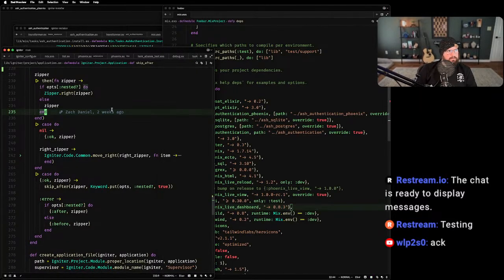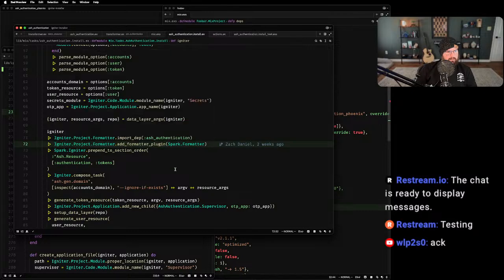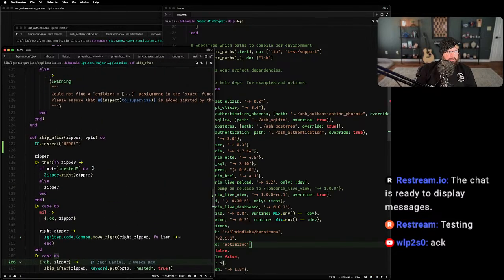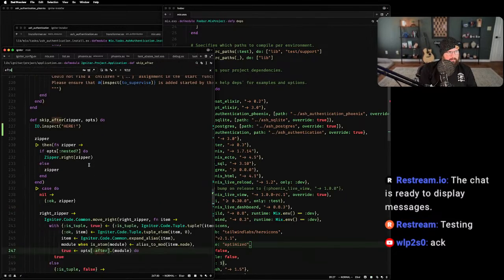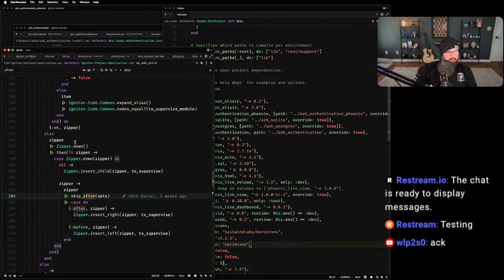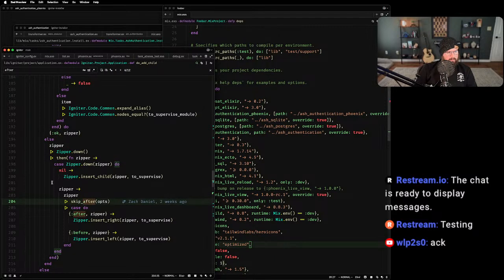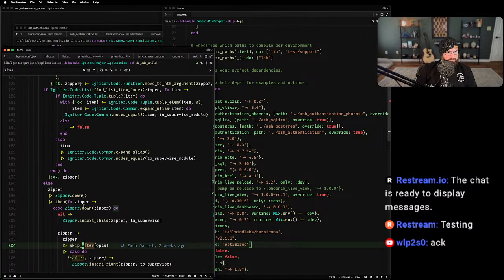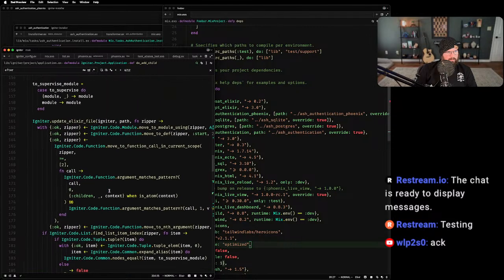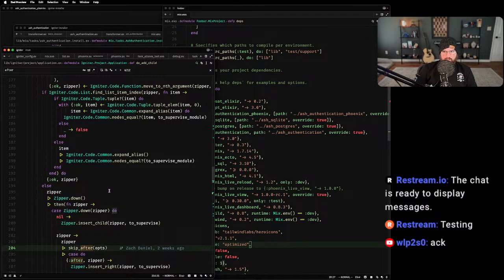And let's update this to have its after back. So to double check, we have this options after. I don't think there's anything else recursive in this file. So, well, let's just see.